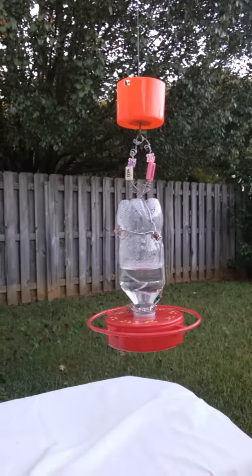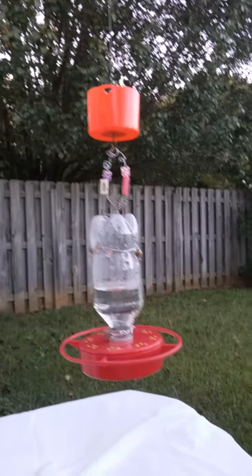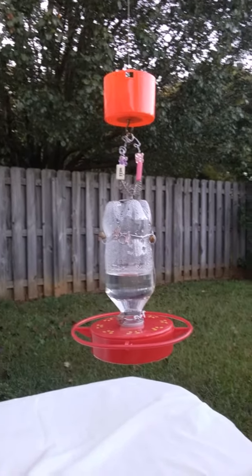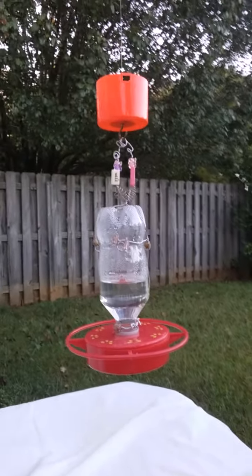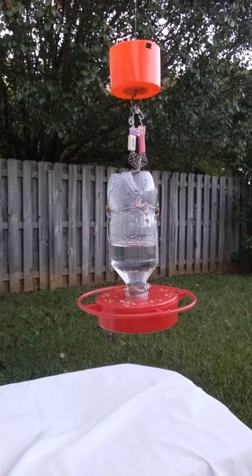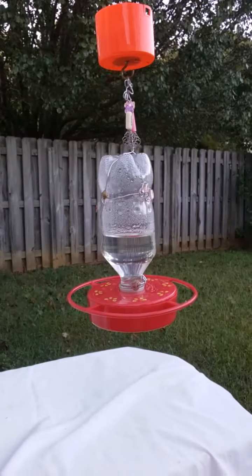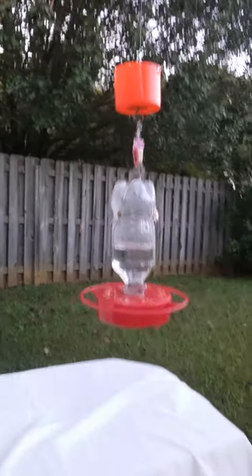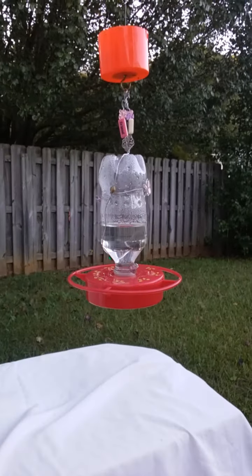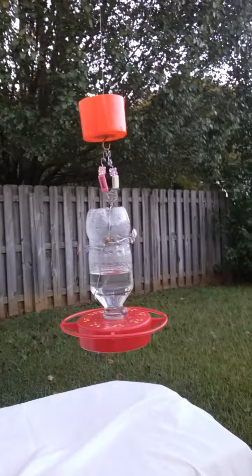Anyway, this is my hummingbird feeder. I have not seen any today. Now, I've definitely seen them around. Like when I made this thing a few years ago, they definitely would come around. I wanted to get a picture of it, but those little boogers are so speedy. It's hard to capture them in a photograph. But anyway, I might move this. I haven't decided yet. I think it's in a good spot, because being kind of low,